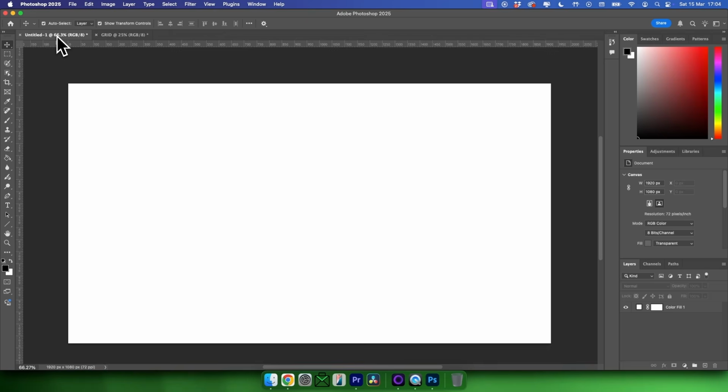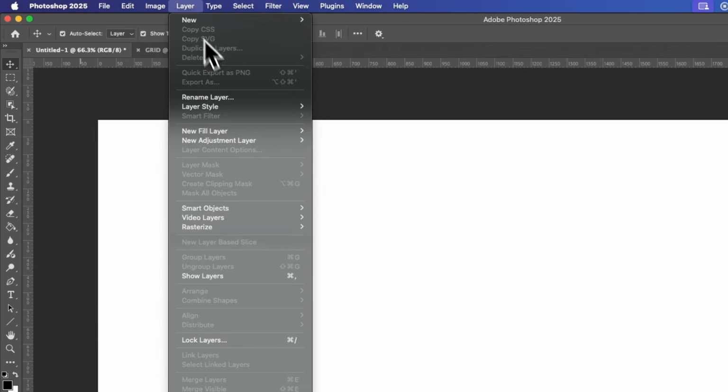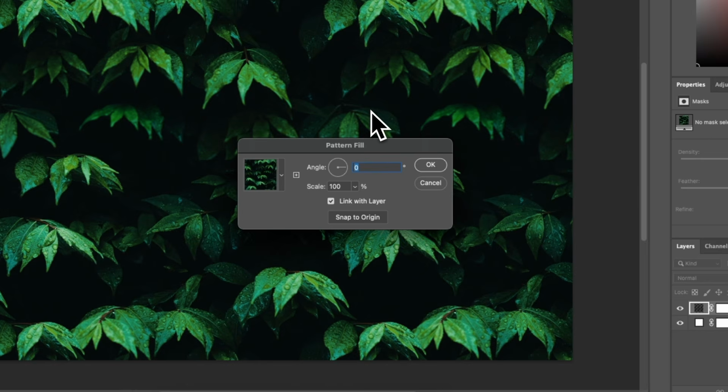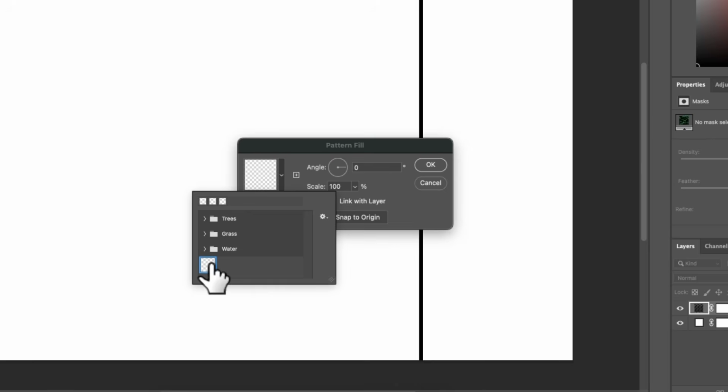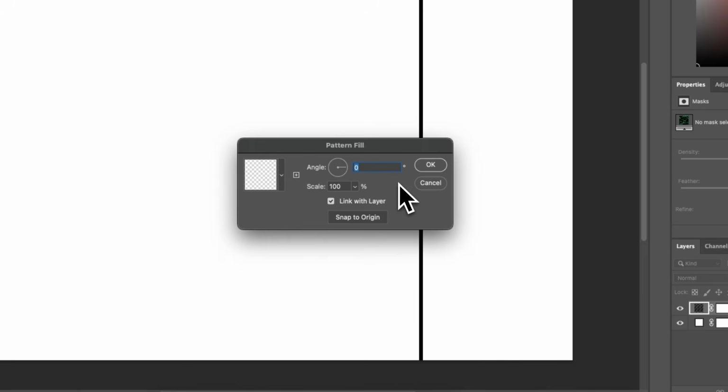We then want to come into a new document of any size, select Layer, and then select New Fill Layer, Pattern. We then want to click OK, and then click this drop down arrow, and then select the grid that we just created. If you find your grid is too scaled in, you can click Snap to Origin and change